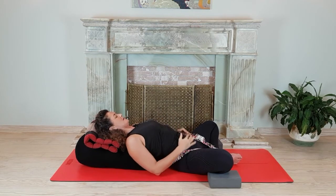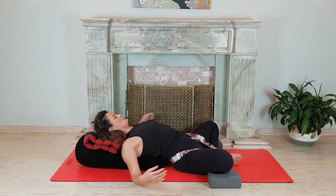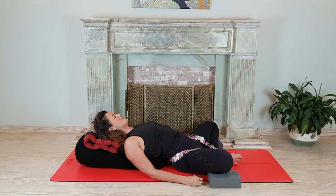And the hands can be wherever it's comfortable for you. You may want to put them on your ovaries to bring some warmth, or just have them by the side. If you bring them further apart next to your chest, it will go into a deeper chest opening, whatever feels right for you. And this is a deeply restorative pose that is amazing for calming down the nervous system, as I said before. So just enjoy